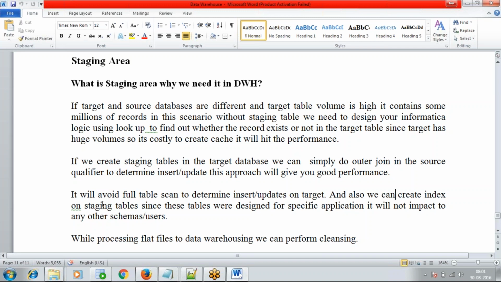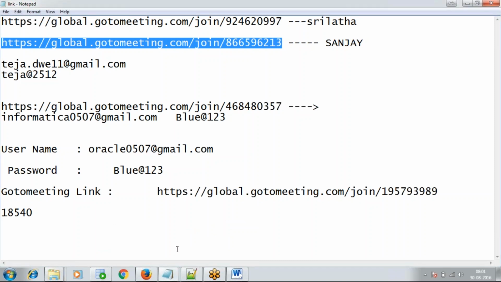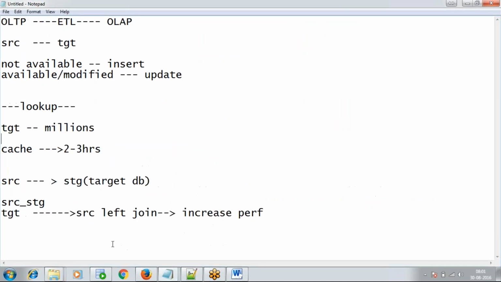Clear? So this is the need of your staging table in real time. This is the situation. That is one situation. Another situation is also the same type of situation: if my source is a flat file,